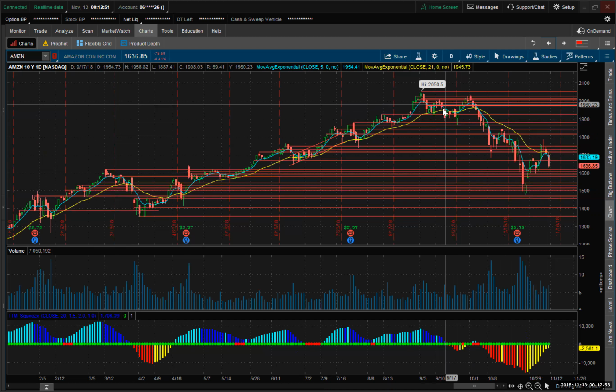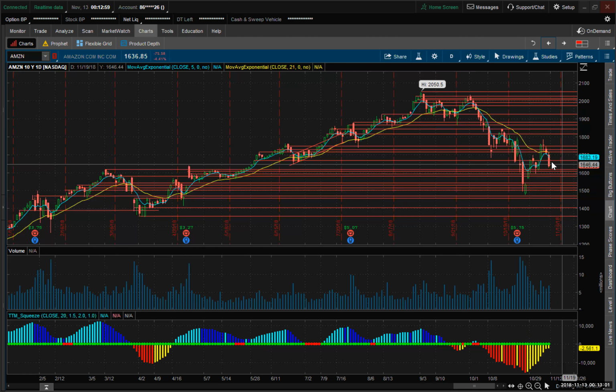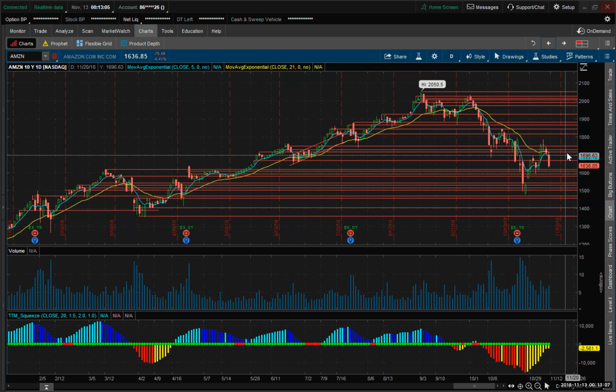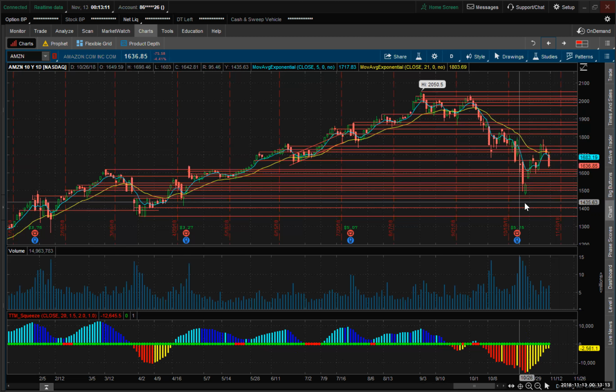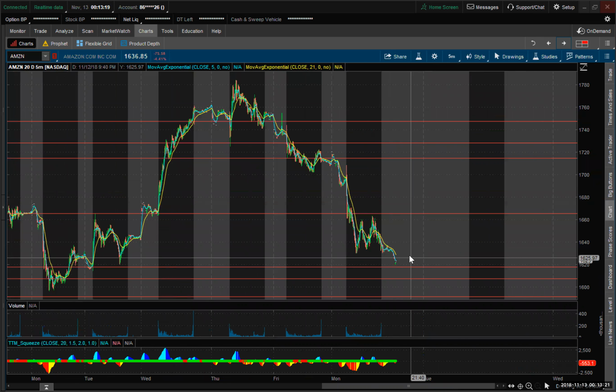So that's similar. And then after that candle here, we went sideways for just about a week in that range. So if we do that again here, go sideways for a week in this range, we could have paused enough to start to rally there. But it's not out of the question we'll continue on lower. So really, I don't know. And having a plan for what we're going to do, if we're going to stay in this range, if we're going to bounce back up here, if we're going to pull back some more,